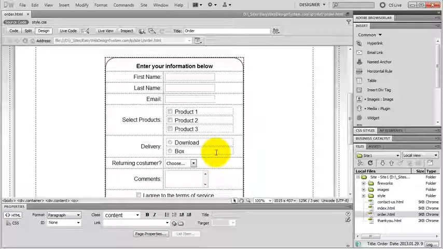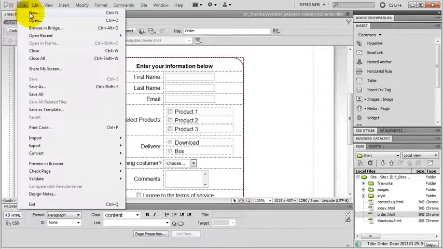And we are also going to validate this form so people won't be able to submit it unless they type in all the required information, a valid email address, etc. So this form is going to be fully functional by the end of this video. So first let's create the PHP script that's going to take the information from the form and send that information to your email address. Let's go under File and New